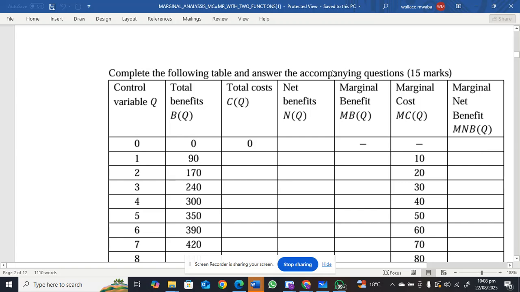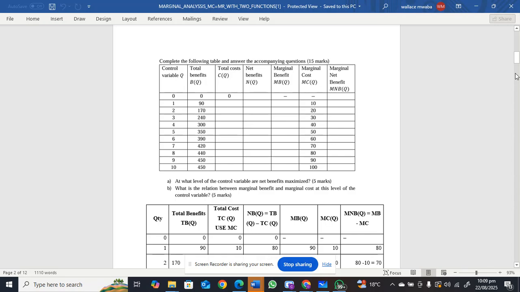So in this question, we need to tabulate our total costs, our net benefits, marginal benefits, and the marginal net benefit. So the first thing is you have to get your total cost. Now, the only way we can get our total cost is if we utilize the marginal cost, because if you remember the formula for marginal cost,